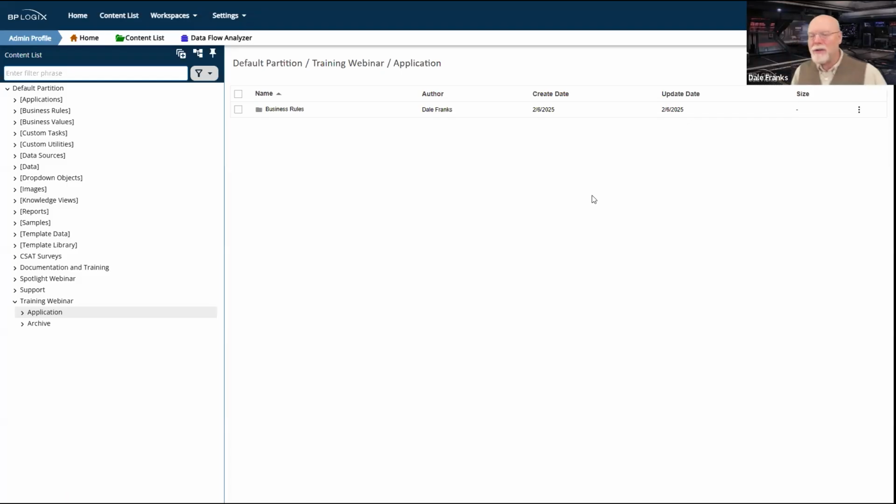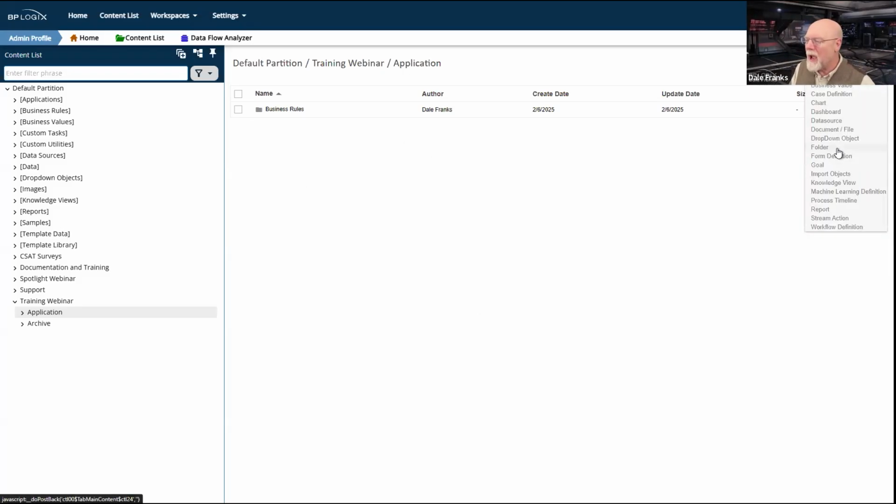I'm a little agnostic on whether the form and process timeline should go at the root of my application folder. Sometimes I do it that way. Sometimes I create a forms folder. Sometimes I create a processes folder. If I have an application that does use multiple forms and does have multiple process timelines, then I will in fact create a forms folder and a process timelines folder. And so I'll have whatever the appropriate subfolders are that I need.